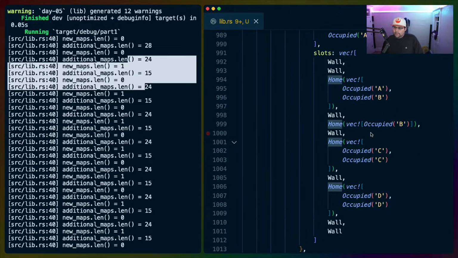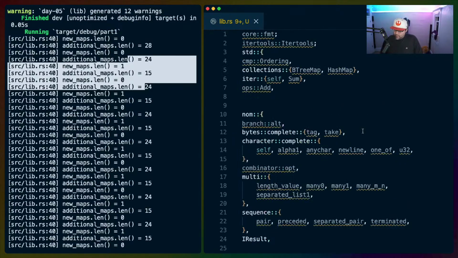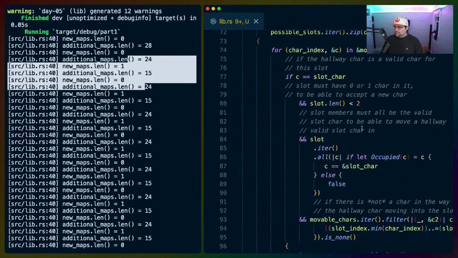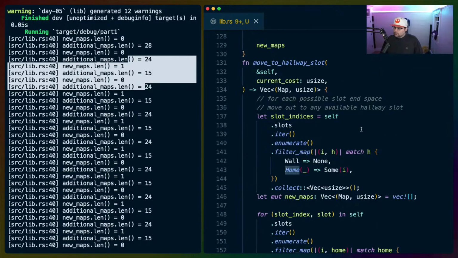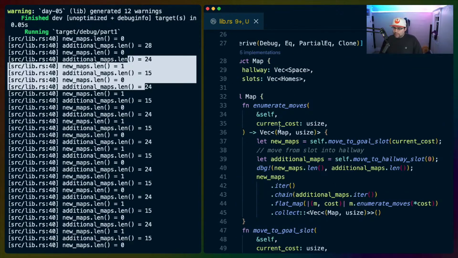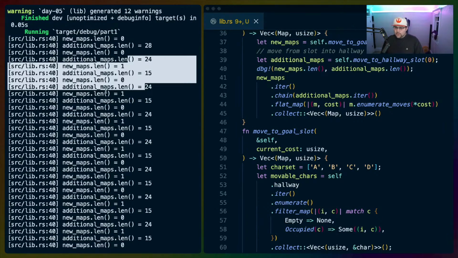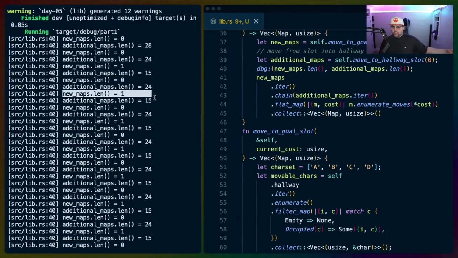So we just aren't stopping. We're just bouncing around in this recursion. And that's what the Stack Overflow is coming from. So this recursion needs to have a stop case. And it doesn't. But you can see that we're popping a character out and then putting a character back in,